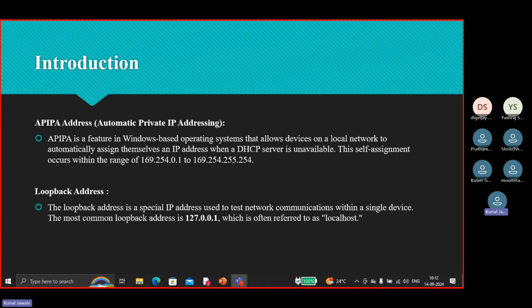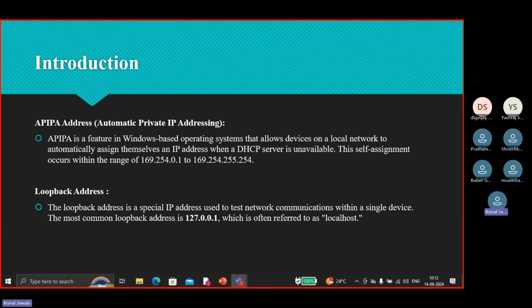This self-assignment occurs within the range of 169.254.0.1 to 169.254.255.254.